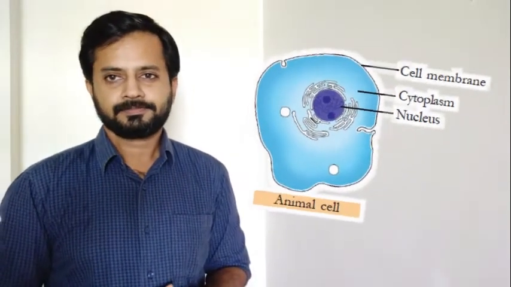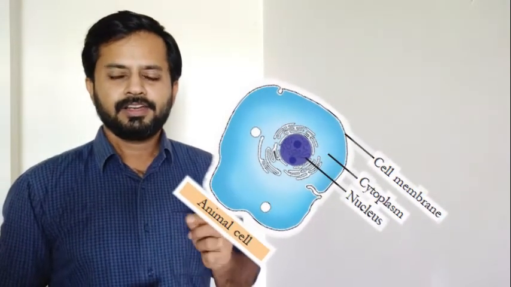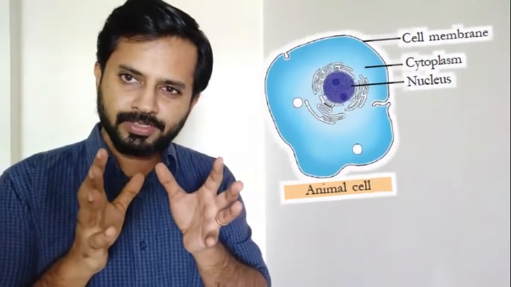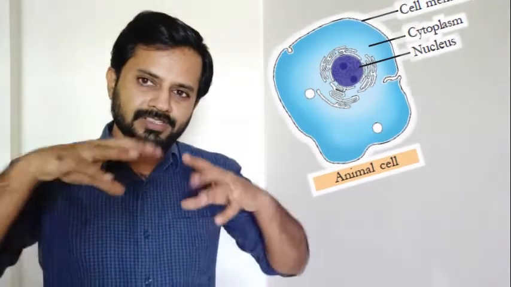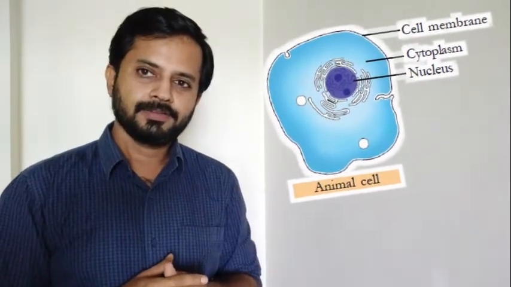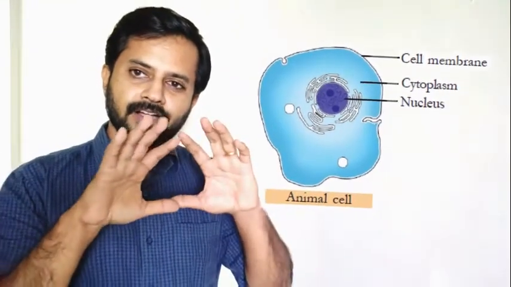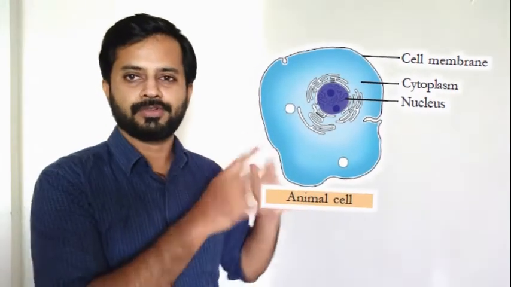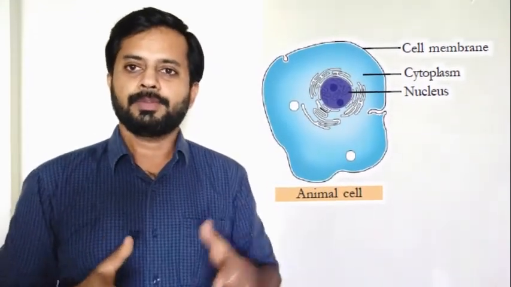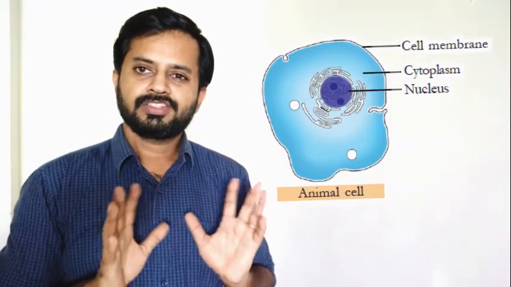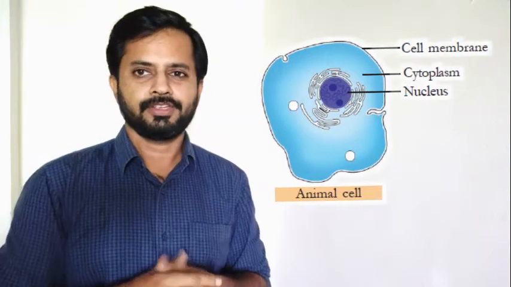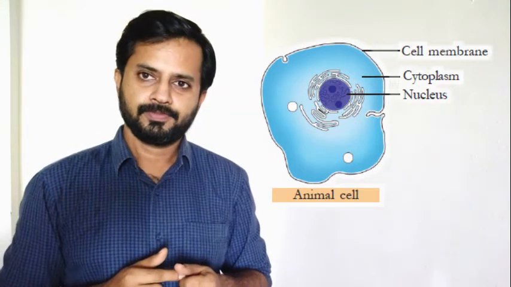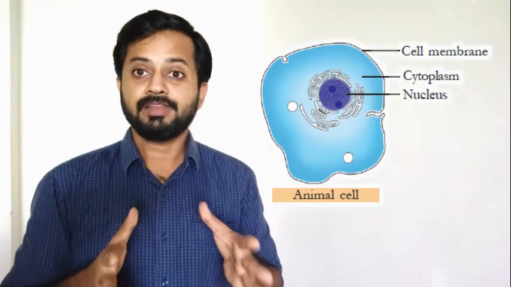Look at this diagram, animal cell diagram. There are some components mentioned in that animal cell, isn't it? As we said, cell is a very small unit and there are different components inside the small unit. Look at this animal cell. So in this diagram, the outer layer, what you can see on the outside of this diagram, like our skin, is the cell membrane. After the cell membrane, what you can see is the cytoplasm, then the nucleus. These are the main parts of an animal cell.